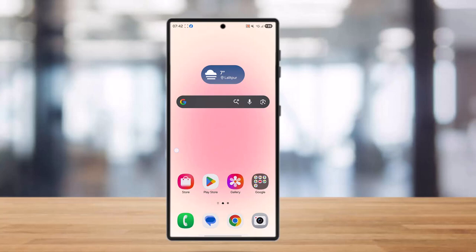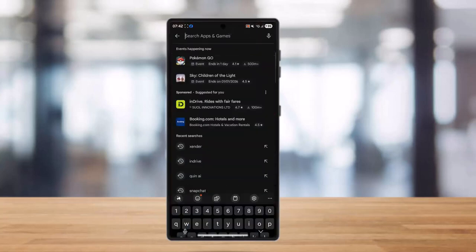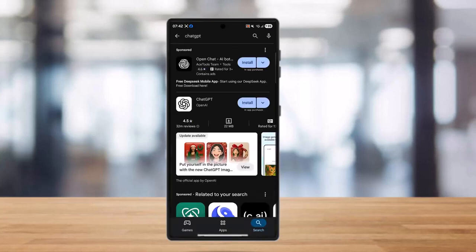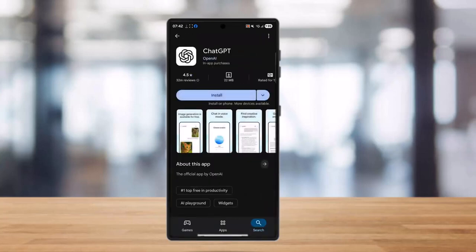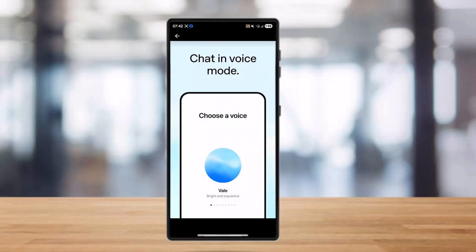So as you know, ChatGPT has its own mobile app as well, so you can simply go to your Play Store or App Store and simply download ChatGPT. Once you download it, all you gotta do is simply use it as you use ChatGPT on your website. You can simply give it prompts, and you can simply use it to leverage your new task, that is